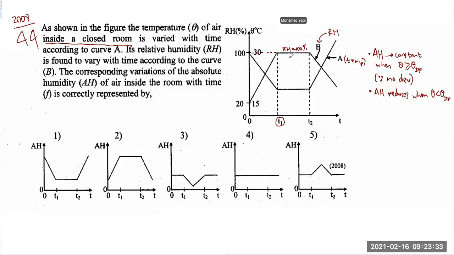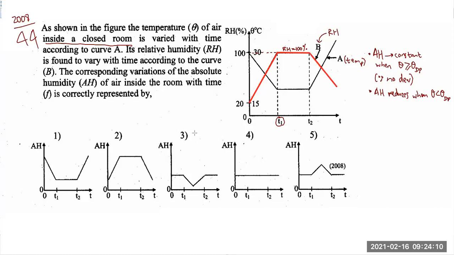RH is increasing. Now this graph is for RH. If it is confusing, let's try to change the colors of the graph. For RH, I'm going to use a red color graph. Maybe that's why you're a bit confused, but in the exam, you won't have this privilege. Since I'm explaining, I will use this. So this red color graph is for RH. It goes like this, and then it is constant at 100, it doesn't change. And then it starts reducing, like this. This is the graph for RH.